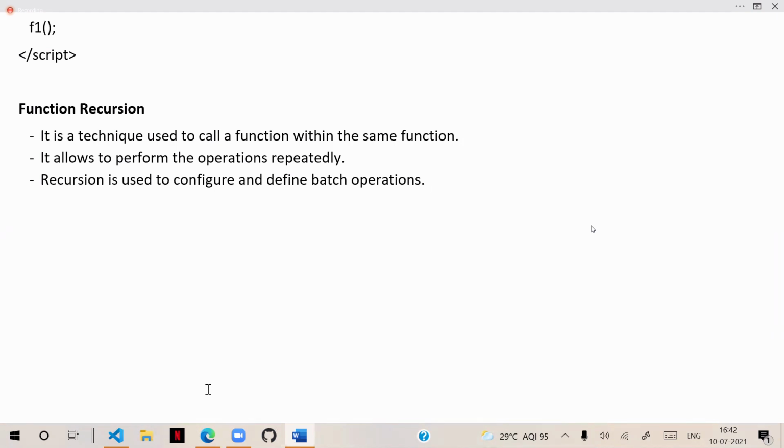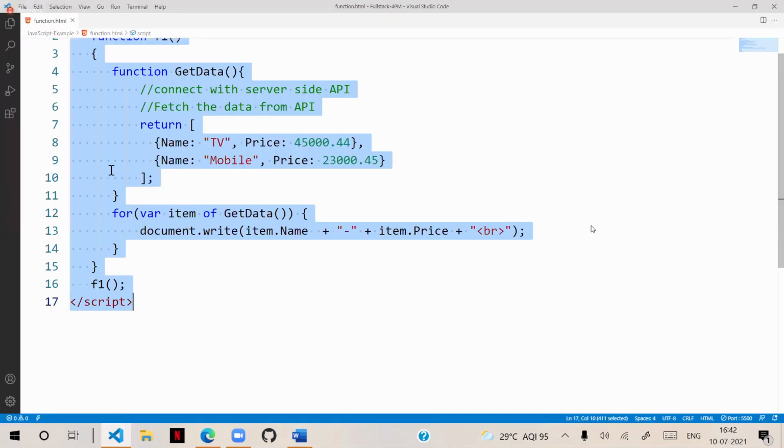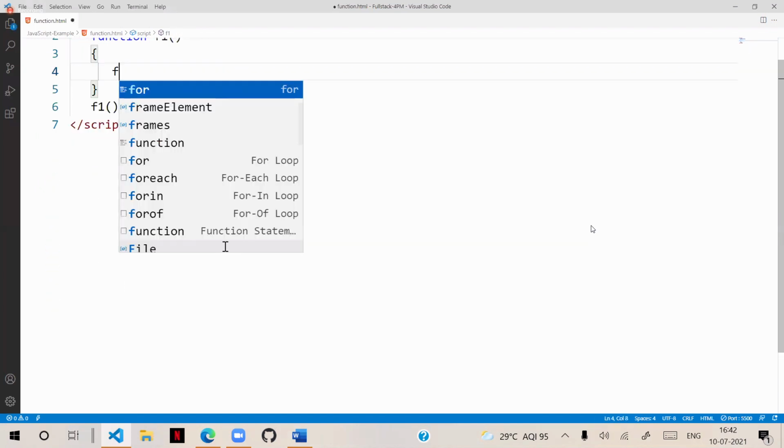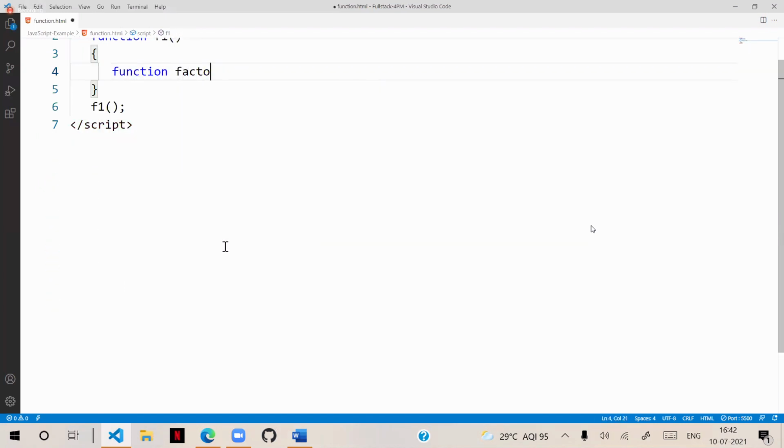Without writing for loops, without writing iterations, we can manage that. That is possible by calling a function inside a function. So for example, suppose here we are creating a function. Factorial is a function. It is expecting n.